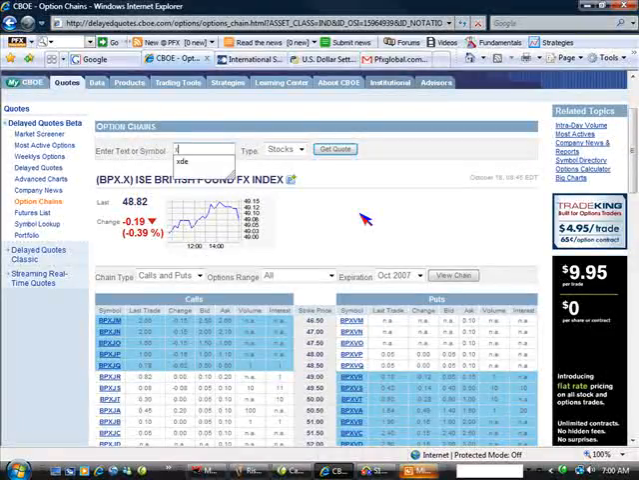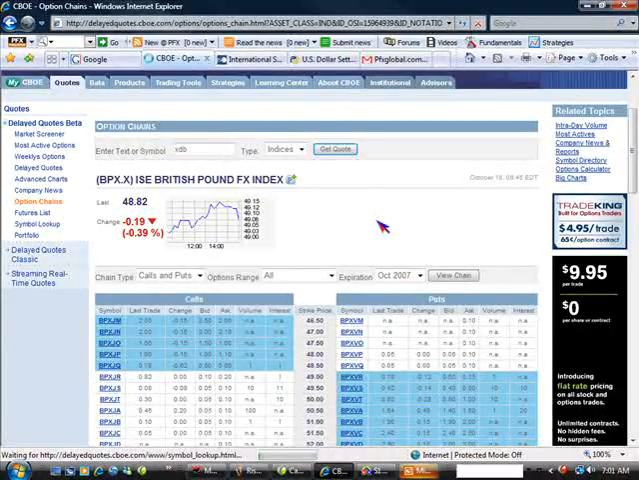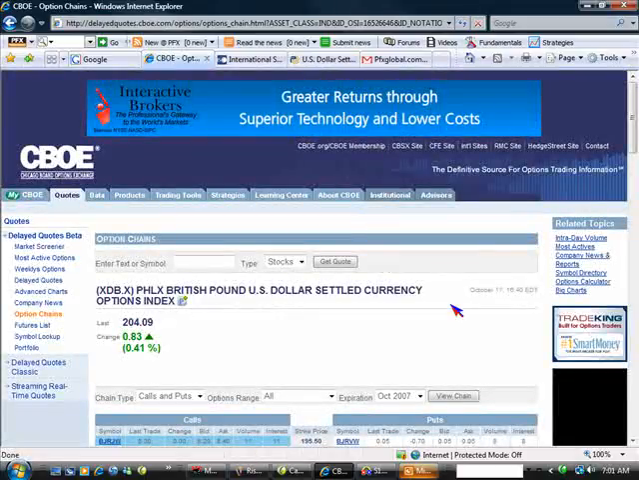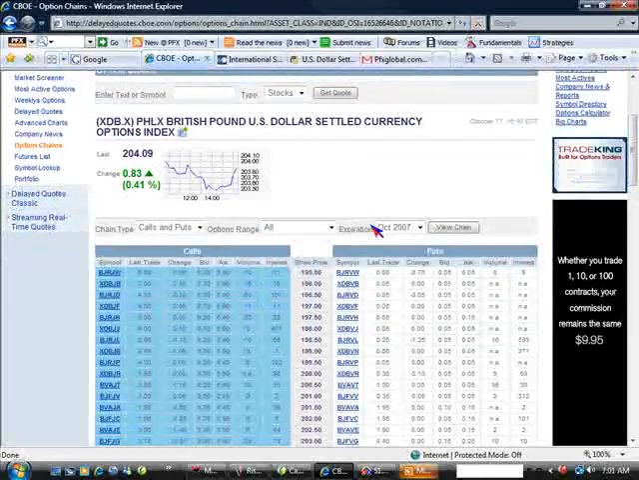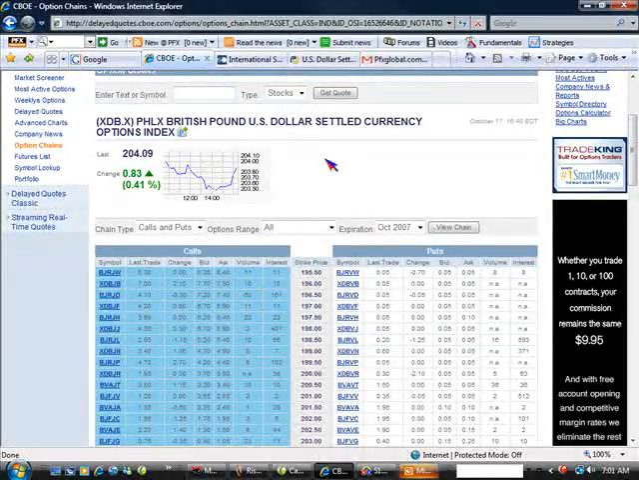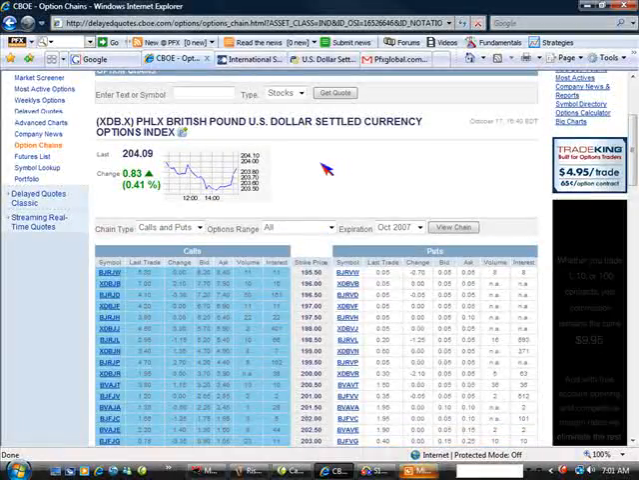And I'll give you the real symbol for the one that I want: XDB. I'm going to select indices and click get quote. So good job, Sam. You'd be amazed at how many really experienced traders I talk to who look at that and say, I cannot figure out how that's priced. Okay, so here are our pound dollar